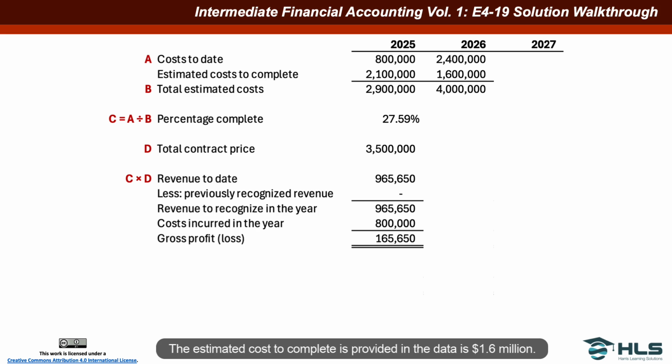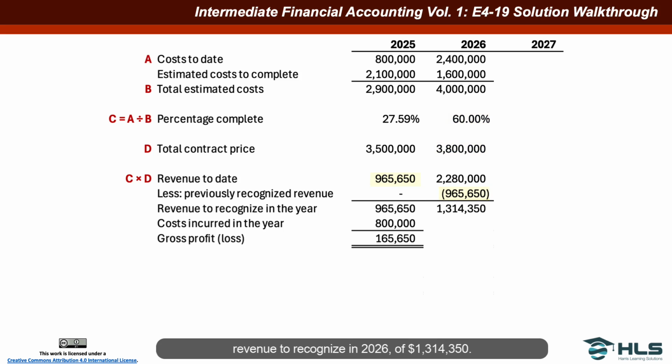The estimated cost to complete as provided in the data is $1.6 million, giving us total estimated costs of $4.8 million. The percentage complete at this point is $2.4 million divided by $4 million, which is 60%. Now we bring in the contract price, which has increased from $3.5 million to $3.8 million because of the problems with the project. If we take that $3.8 million times 60%, the revenue that we should recognize to date is $2.28 million. Then we subtract the $965,650 that we recognized in 2025, resulting in revenue to recognize in 2026 of